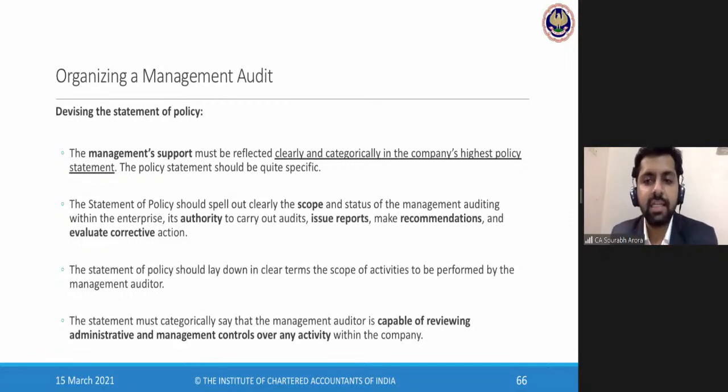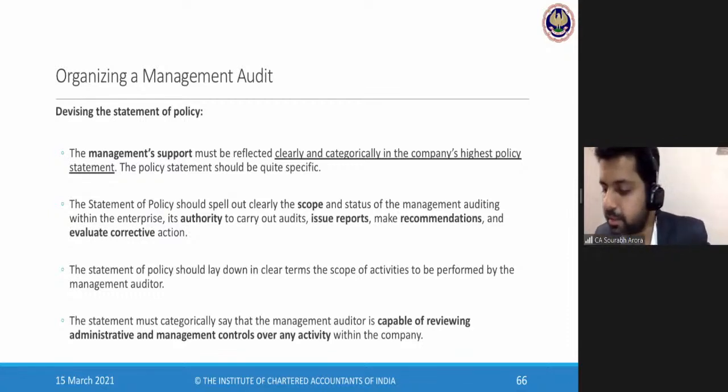So what we are saying is that it should be categorically in the company's highest policy statement, and it should not be in some random policy document, or it should not seem that the management is not according the proper respect and authority to the management auditor. That's why it should be there in the highest policy statement of the company. And